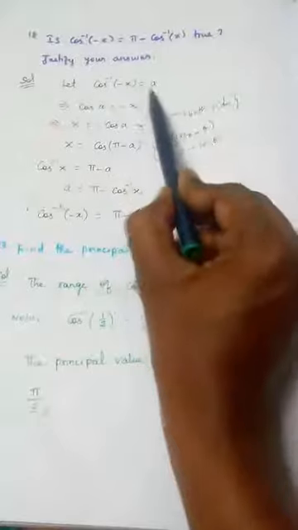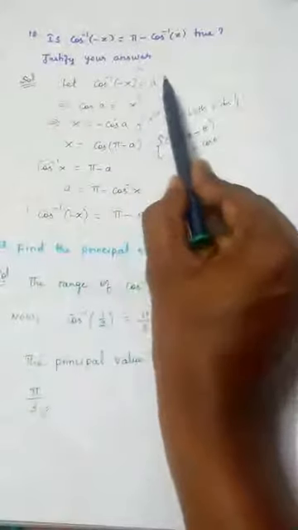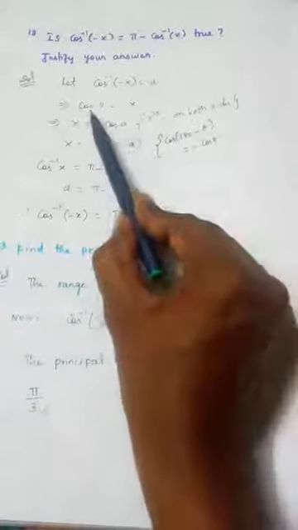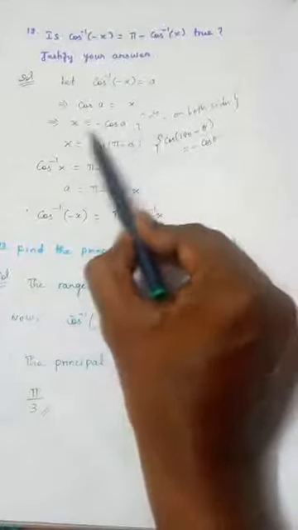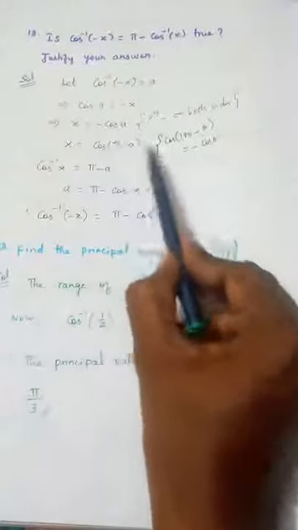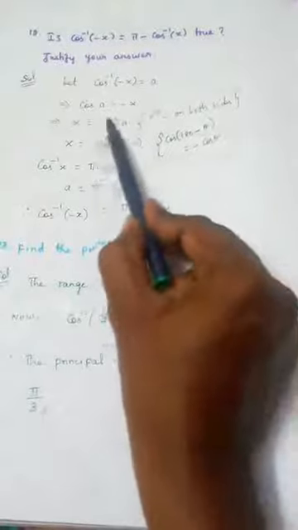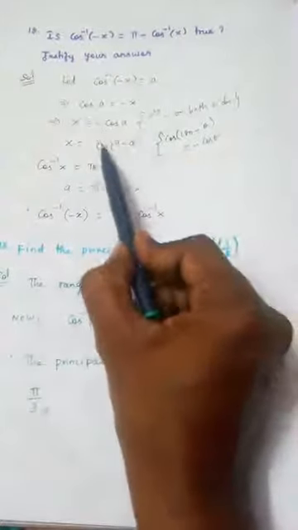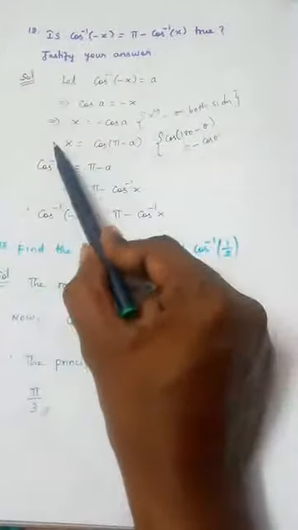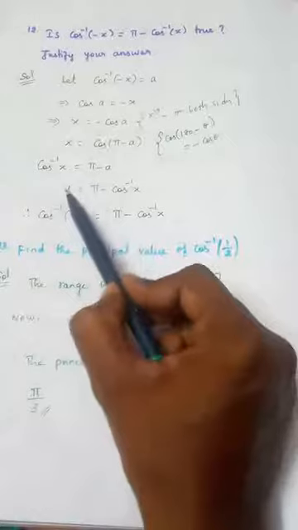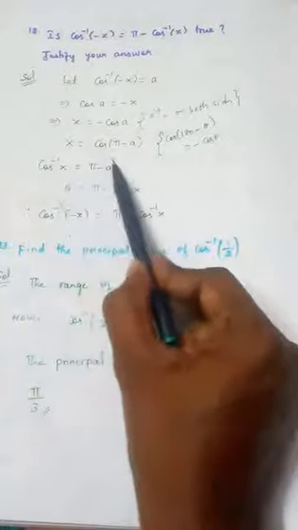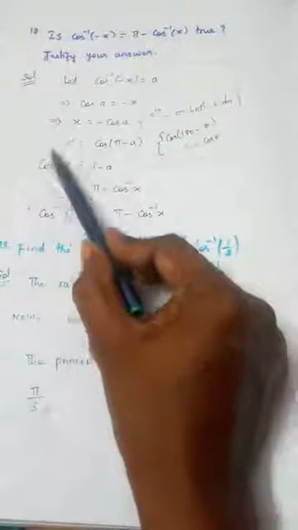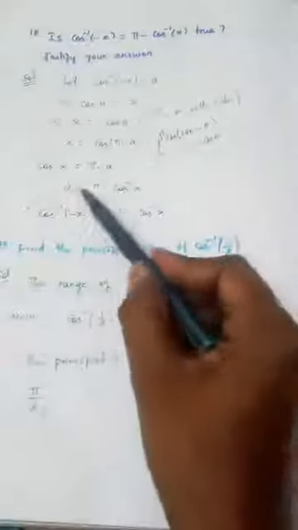Taking LHS as small a, cos inverse on the other side becomes cos, multiplying with minus sign on both sides. Minus cos a is written, using this formula, as cos 180 minus a. Cos taken to the other side, cos inverse. Minus a is taken to the other side, plus a. Cos inverse x is coming to the right side, so pi minus cos inverse x.